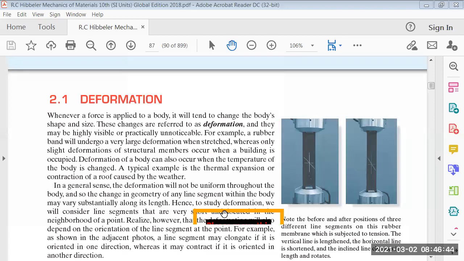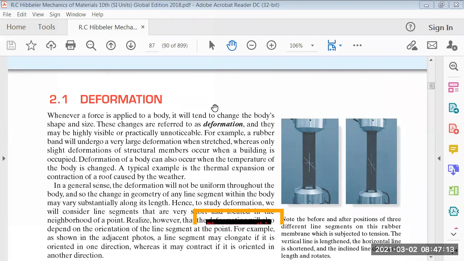What kind of deformation would the vertical line experience if a tensile force is applied to this rubber band? You can see this rubber band is attached at both ends, A and B. If you pull this rubber band apart from each other,